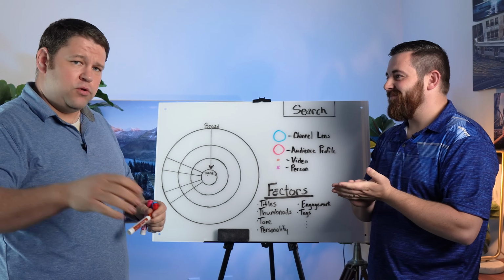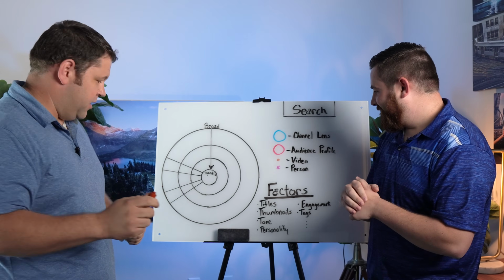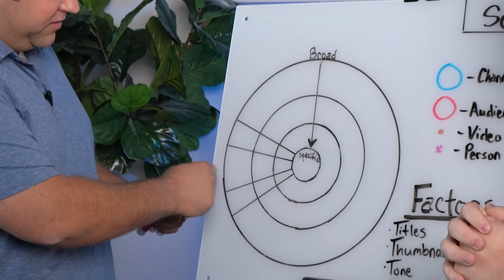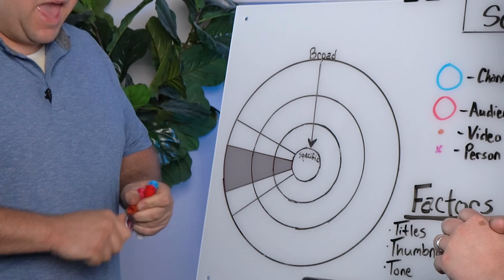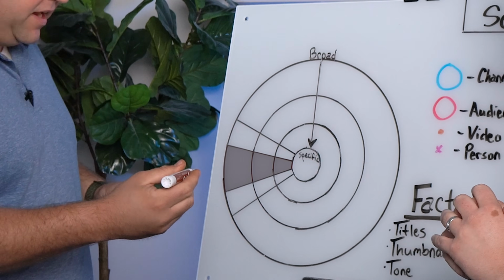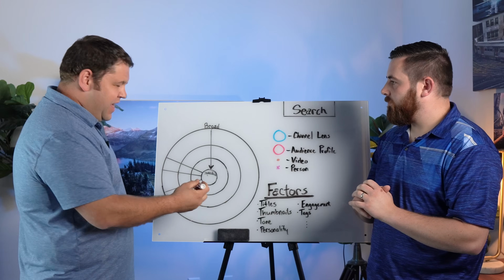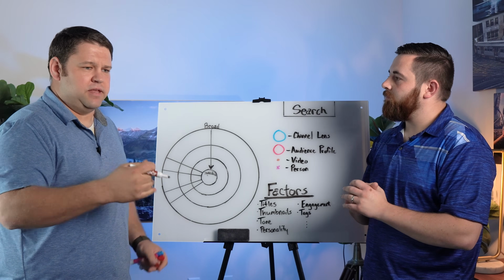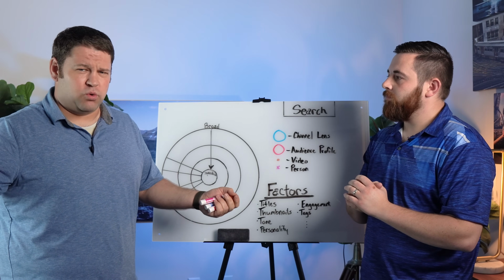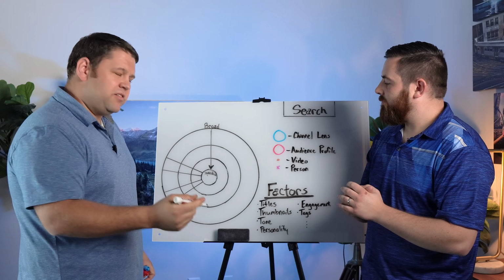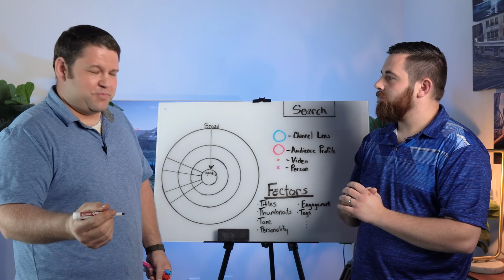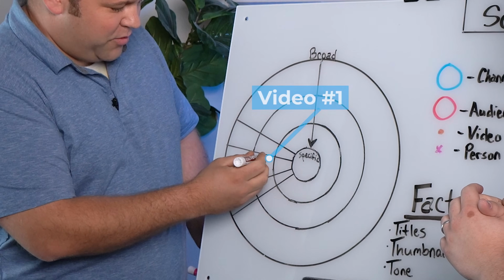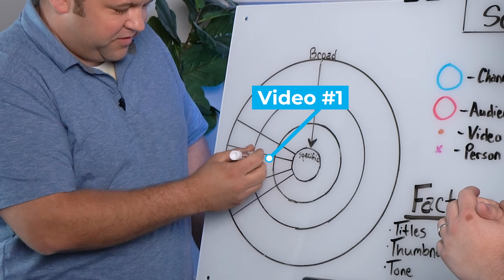Let's say you have a brand new YouTube channel and you start putting out a couple of videos. You have your topic, we're gonna say it's this one right here, and you make your first video about some aspect of your topic, and it's maybe kind of a medium appeal topic. It's not something that literally anybody on YouTube could watch and find appealing, but it's also not something really specific like we talked about before. And so maybe it falls around right here. There's a specific video that you made.